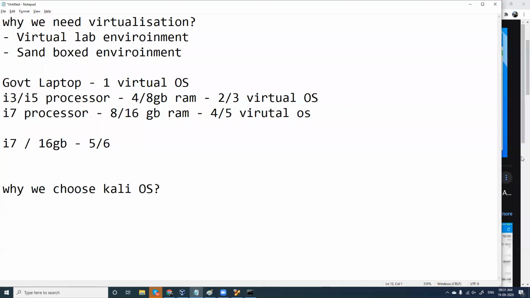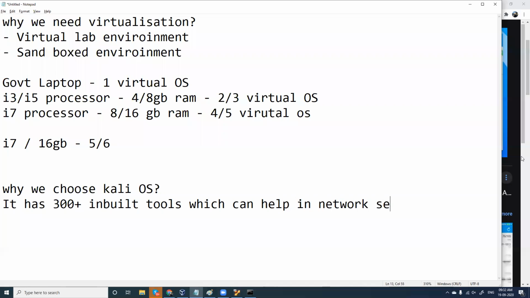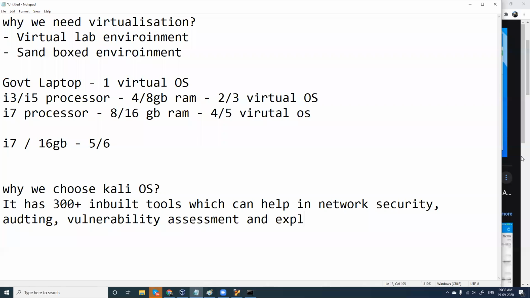Why do we choose Kali Linux? Because it has 300 plus inbuilt tools which can help in network security, auditing, vulnerability assessment, and exploitation.